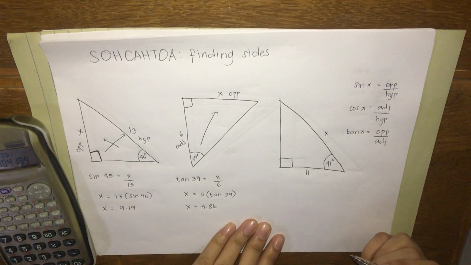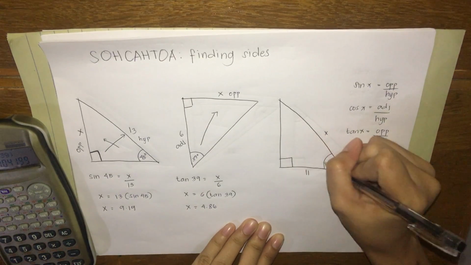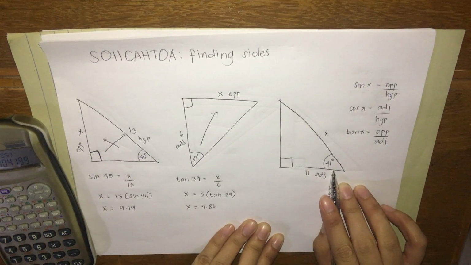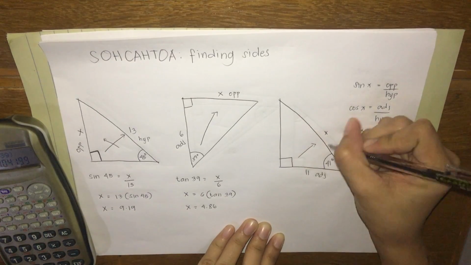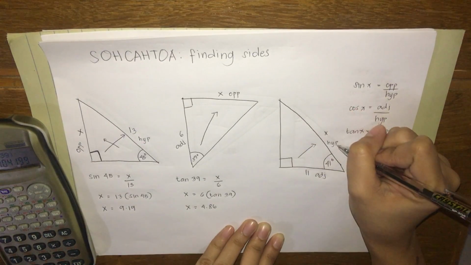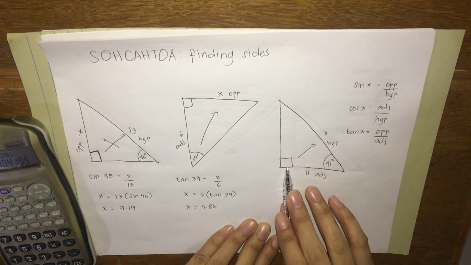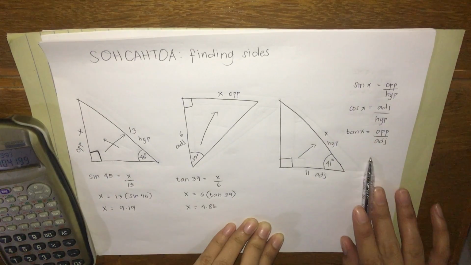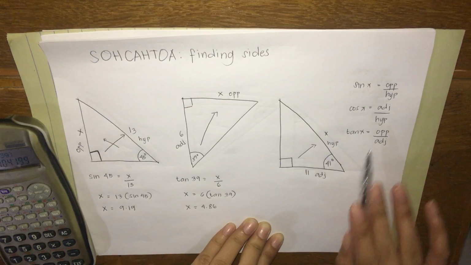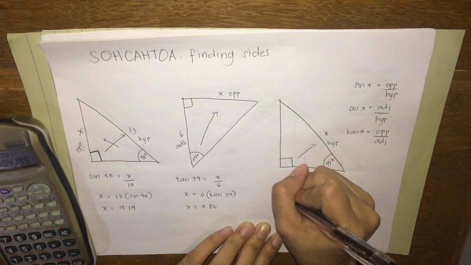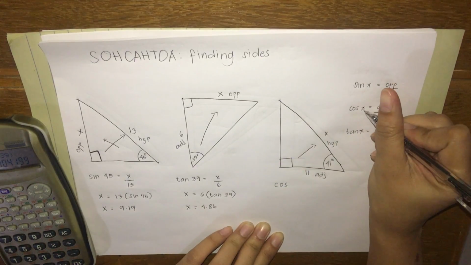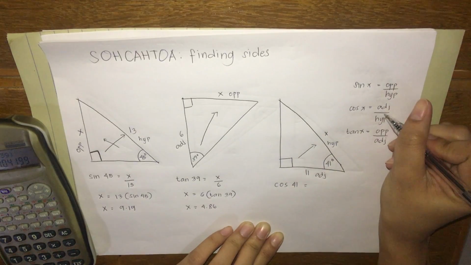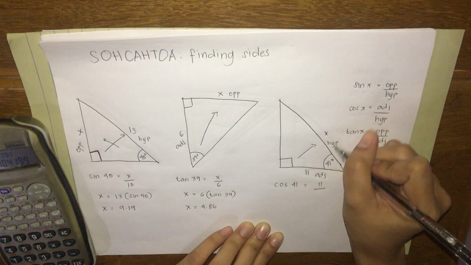In the third example, we have the adjacent because it is next to the given angle, and this is the hypotenuse. So x here is the hypotenuse because it is opposite the right angle. We're going to find the equation that we will use. With the hypotenuse and adjacent, we have the cosine equation. So cosine of the angle, 41, is equal to the adjacent, which is 11, over the hypotenuse, which is